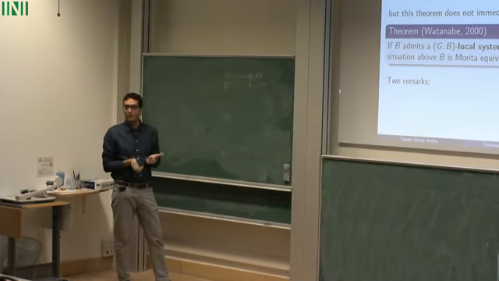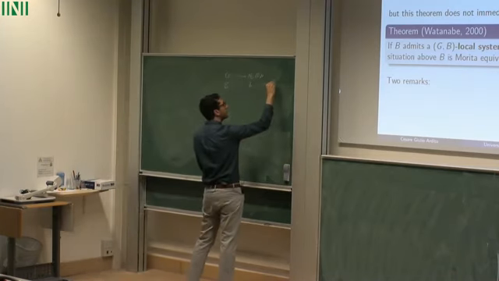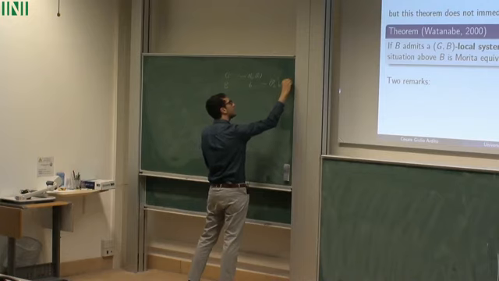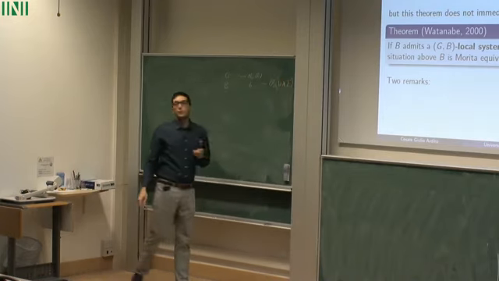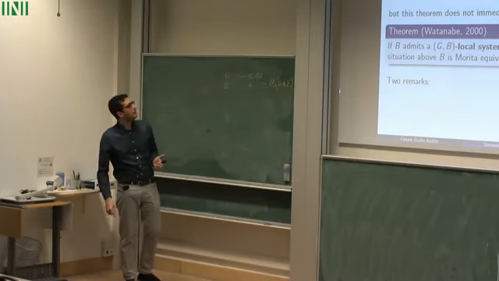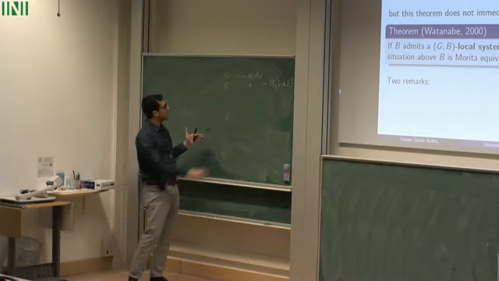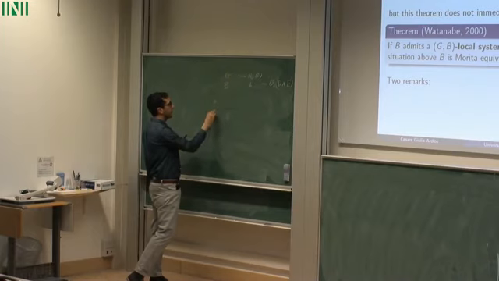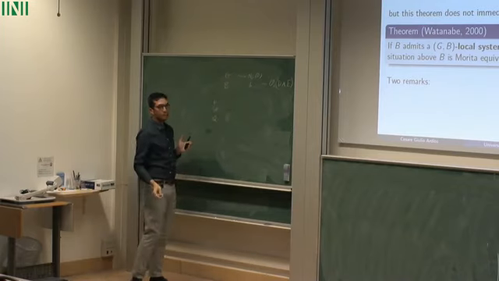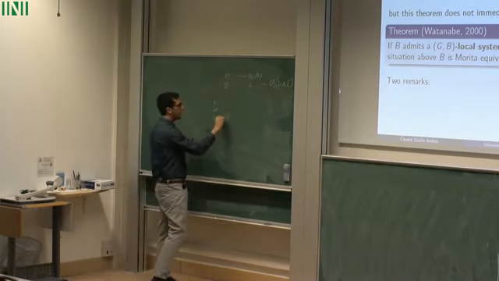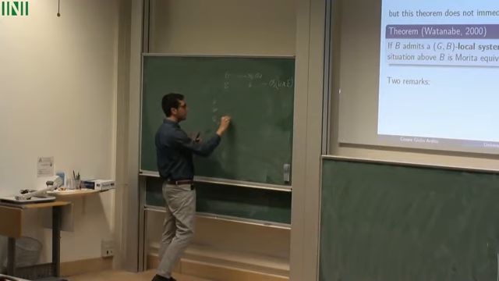We know blocks with a normal defect group, and they were of this form, if you remember, where E was the P prime group in the automorphism group of D. And now, what is this GB local system? Well, you can take a list of Brauer pairs, so you've got D, and in general, you've got a p-subgroup Q inside D, and a Brauer pair is, I'm going to write it like this,